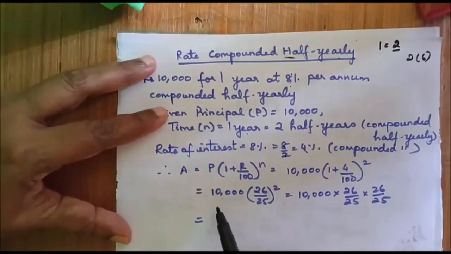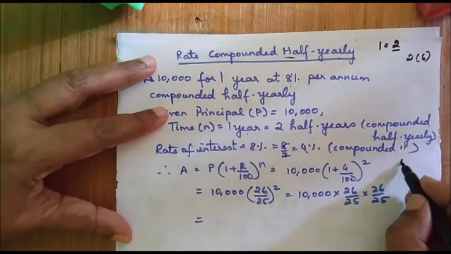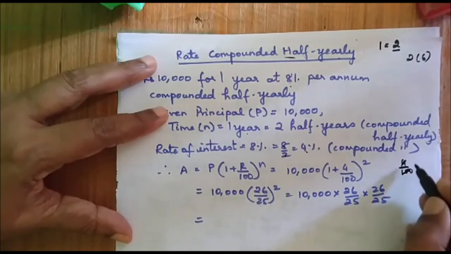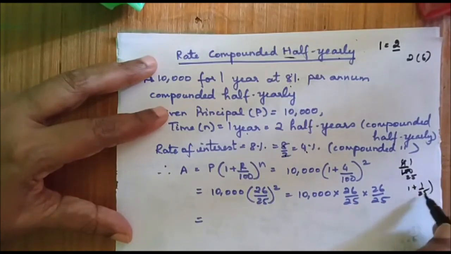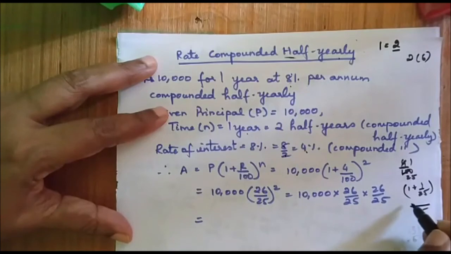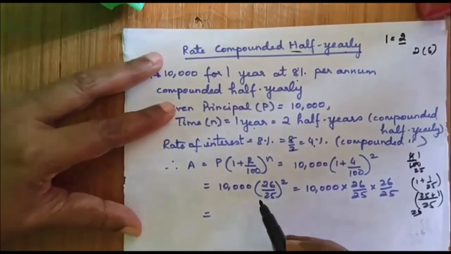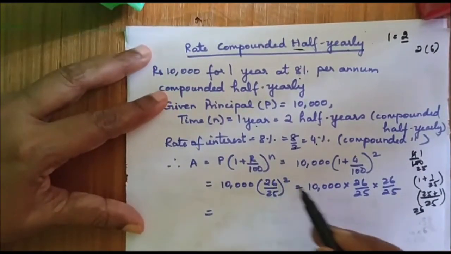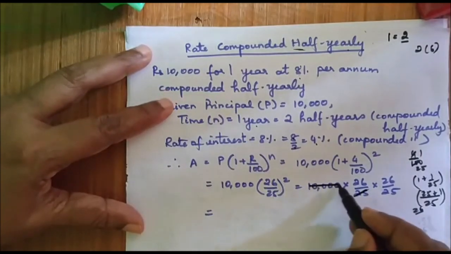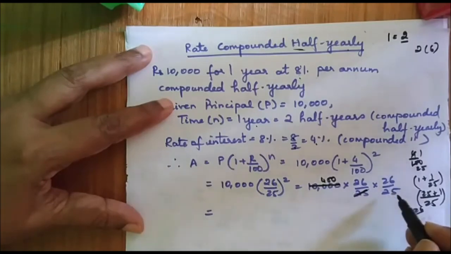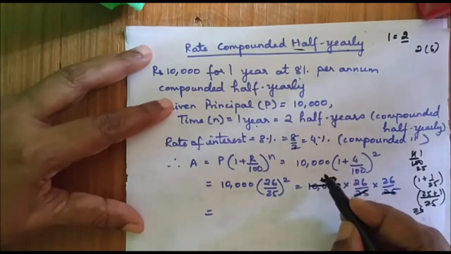So now this is nothing but 10,000 into, what is 4 by 100? 4 by 100 is nothing but 1 by 25. Okay. Now what is 1 plus 1 by 25? 1 plus 1 by 25, if we take the LCM, it is 25 plus 1, which is 26 by 25. So 10,000 into 26 by 25 the whole squared. Now we can reduce this further as 400. Now this will reduce this further as